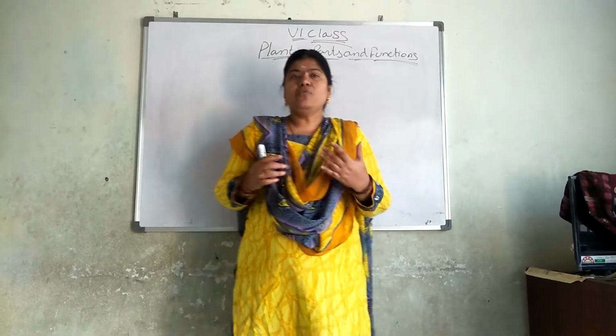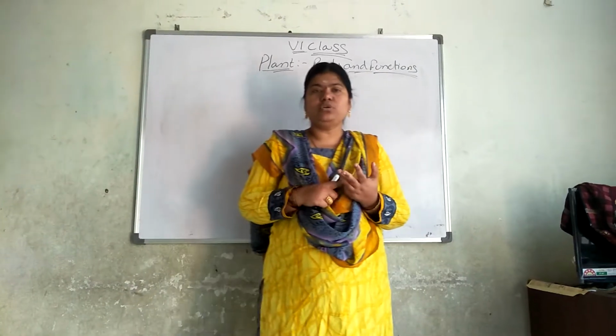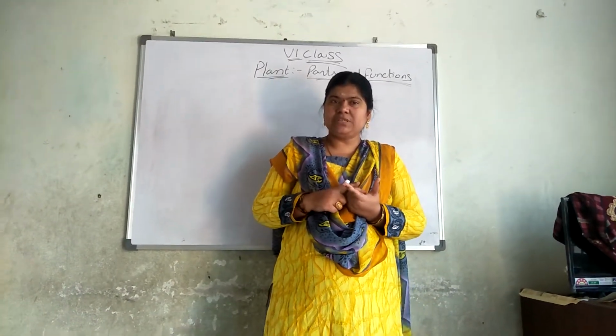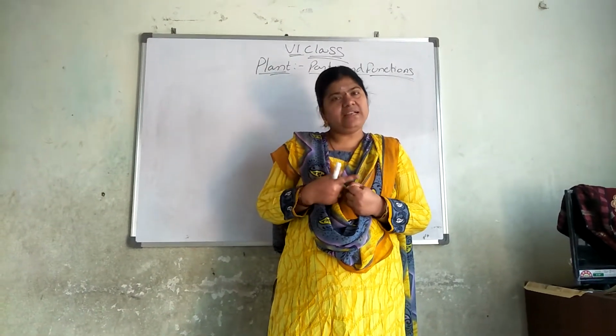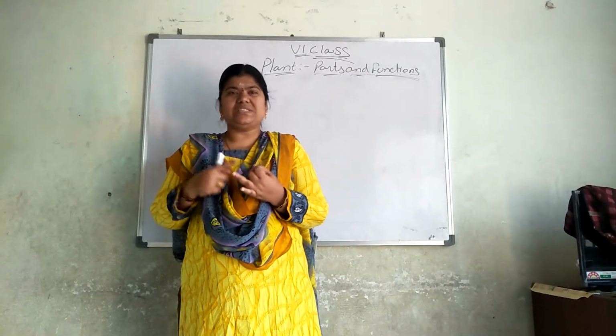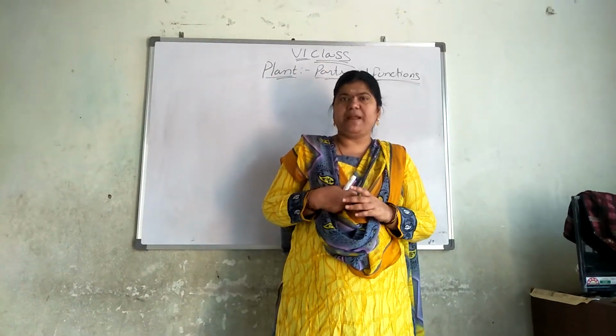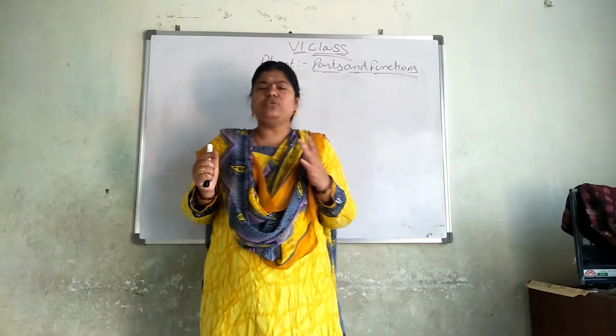And what are the important parts of the plant? When we discussed, I told you that the important parts of the plants are root, stem, leaves, then flowers and the fruits. Is it correct or not? Root, stem, leaves, flowers and the fruits are the important parts of the plant. The main one is the root system.